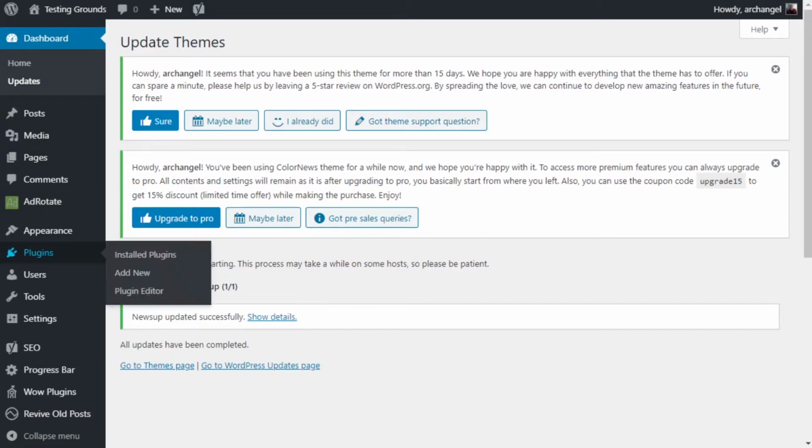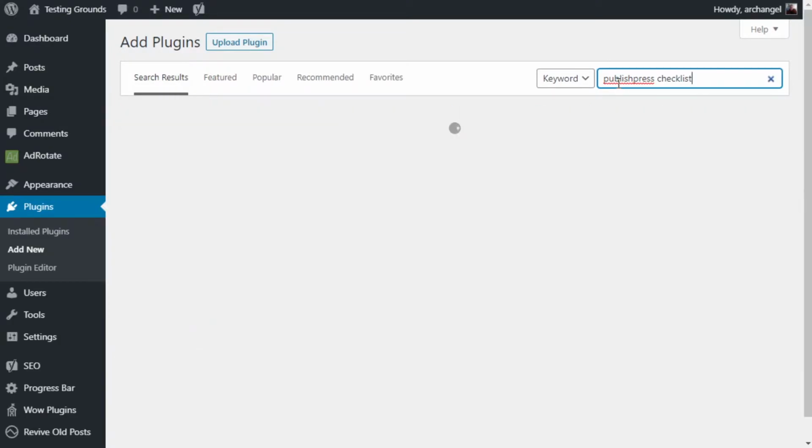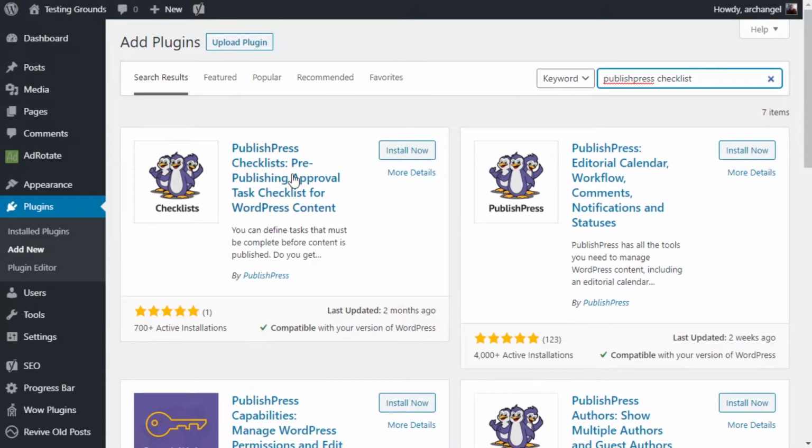So we're going to go over here to plugins, and we're going to hit add new. And then we're going over here to search plugins. We're going to look for PublishPress Checklist. Now for this tutorial, we're going to use the pre-publishing approval tool here. Now PublishPress has a lot of really cool plugins that you might want to consider, but for this tutorial, we're just going to look at the checklist. So we'll hit install now,